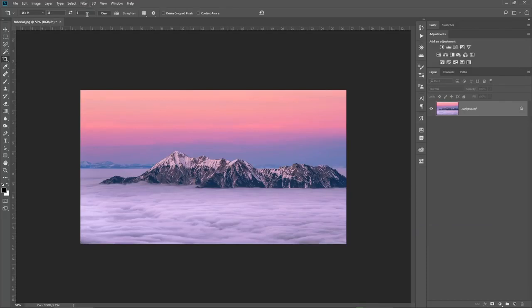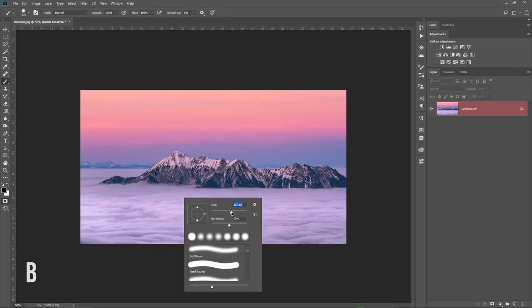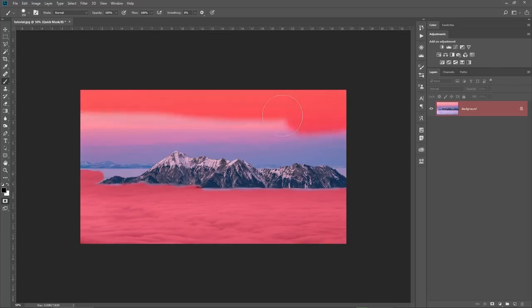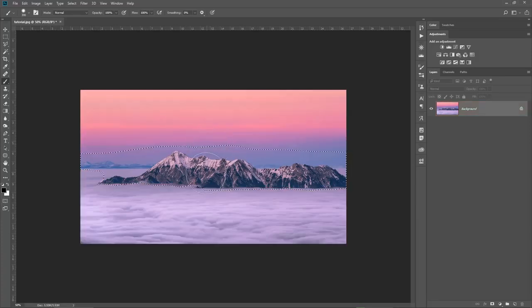Next, I will enable the quick selection tool by pressing Q or by clicking on this icon. I hit B for the brush, choose a 50% hardness and a medium-sized brush, and then paint over the image on the parts that I want to animate. The selection doesn't have to be perfect the first time because I will refine it after the animation is ready. When I finish painting over the clouds, I hit Q once again and Photoshop will create my selection, but